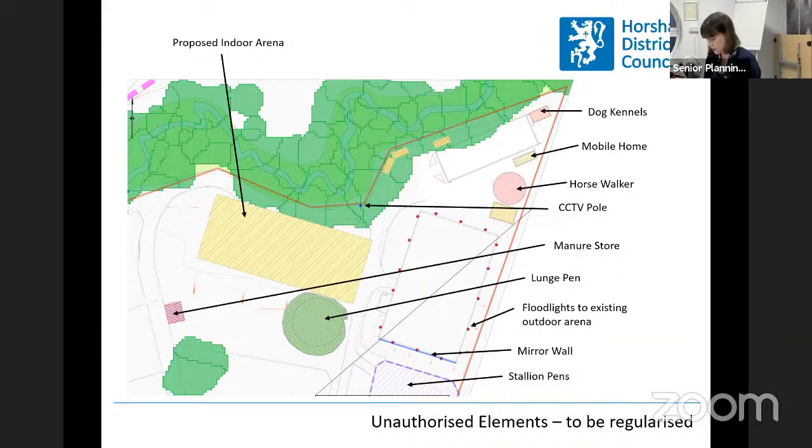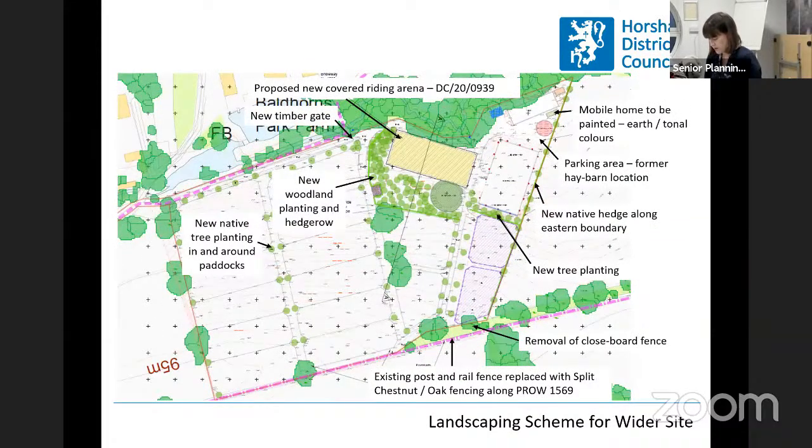horses to be exercised at once, the installation of 6 CCTV cameras at the entrance to the site mounted on a 5-metre high pole, a manure store, a lunge pen, flood lighting and mirrors to the sand school, and paddock fencing and stallion pens. So in order to address the previous reasons for refusal under